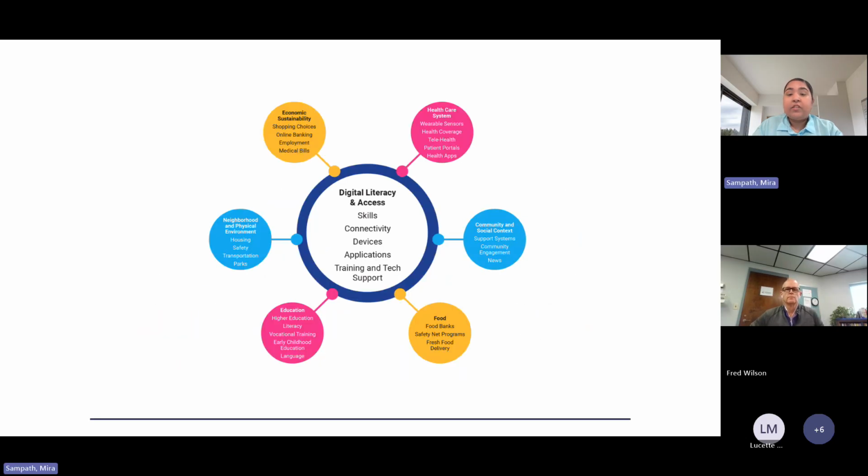So to start with, we have this graphic, and I really think it's a great summation of the topic that we're going to be talking about today. The takeaway from this graphic is looking at how digital literacy, broadband connectivity, and device availability impact all of the other social drivers of health. You see digital literacy and access, device access, all in the center, and surrounding you have all of the other social drivers of health that are impacted by the center topic.